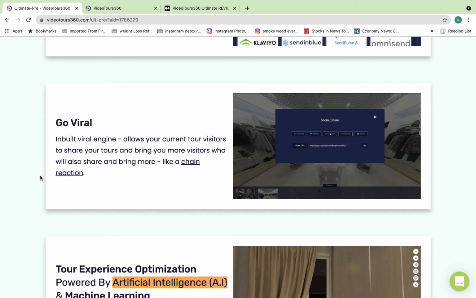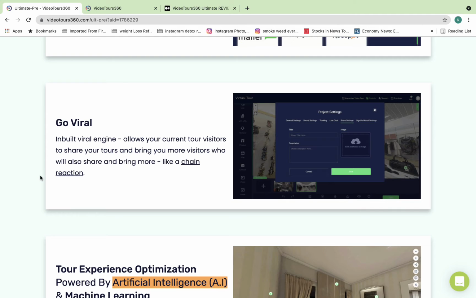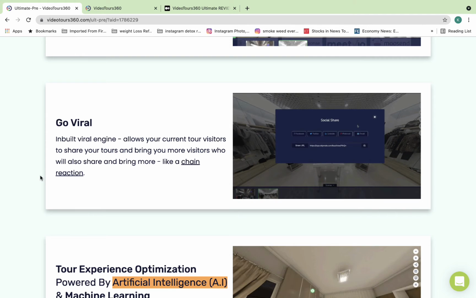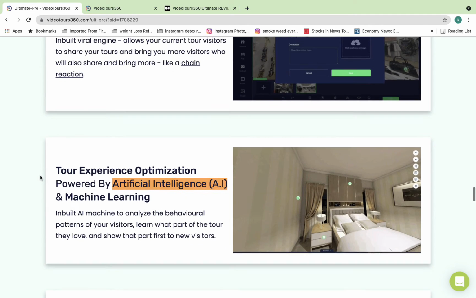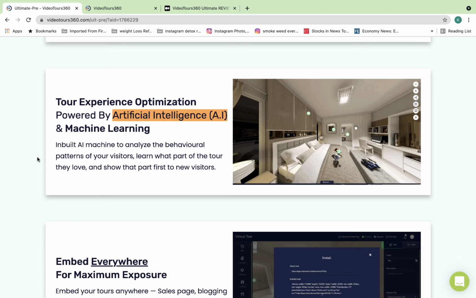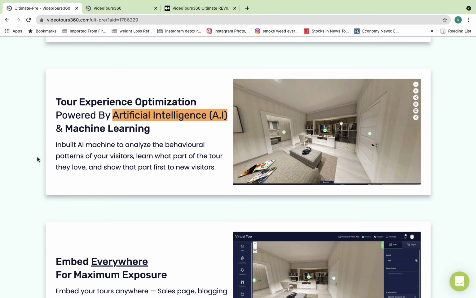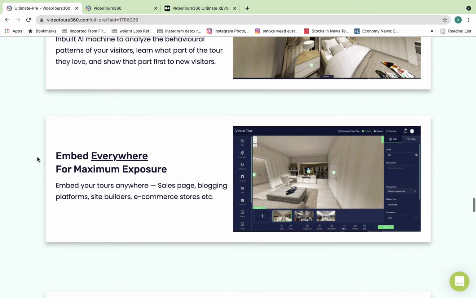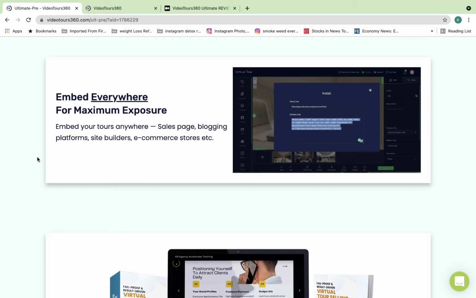This app involves an inbuilt viral engine, which allows your current tour visitors to share your tours and bring you more visitors who will also share and bring more, like a chain reaction. This app involves tour experience optimization powered by artificial intelligence and machine learning. You can embed your tour anywhere for maximum exposure.